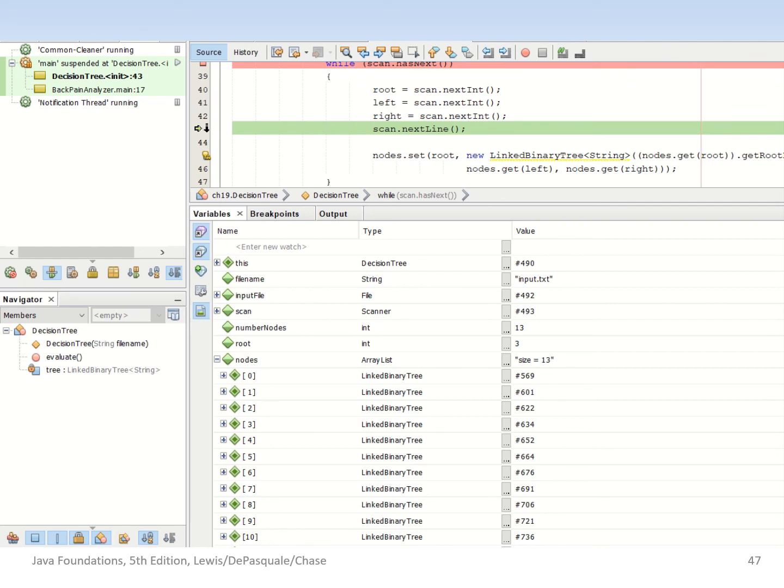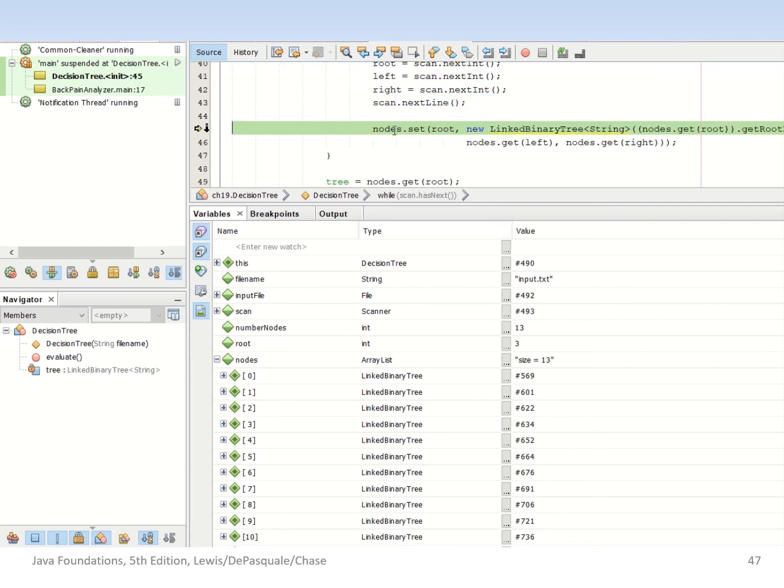Then we're going to go down here. We're going to nodes.set root is new linked binary tree string, nodes.getRoot, get root element, nodes.getLeft, nodes.getRight. So we're going to build a linked binary tree off of 3. Now if I look at 3 right now,